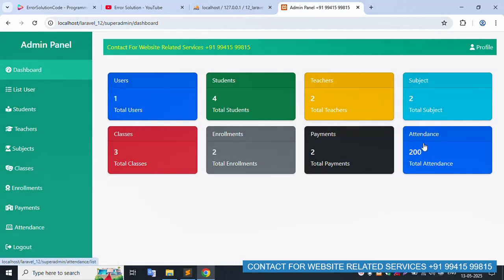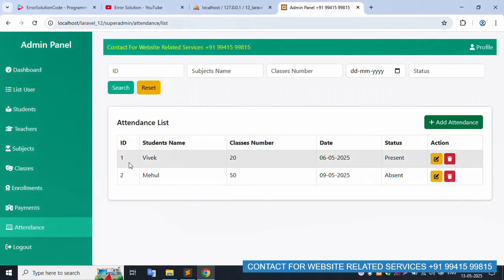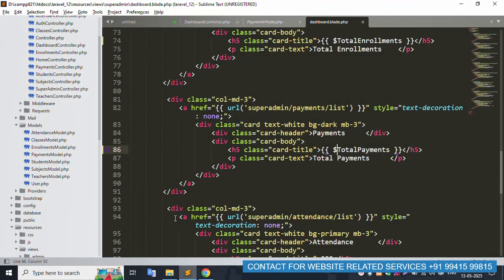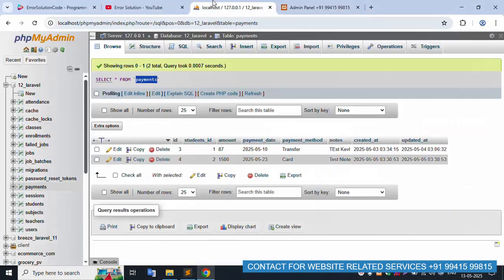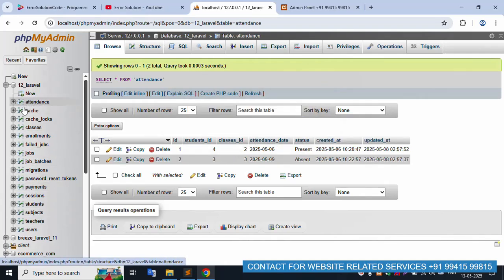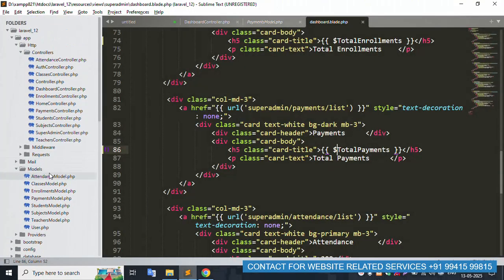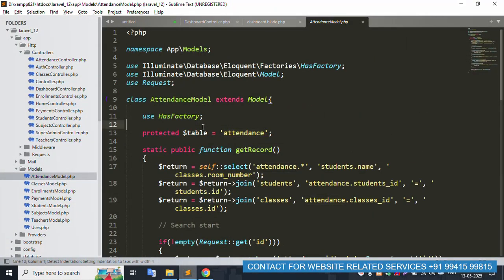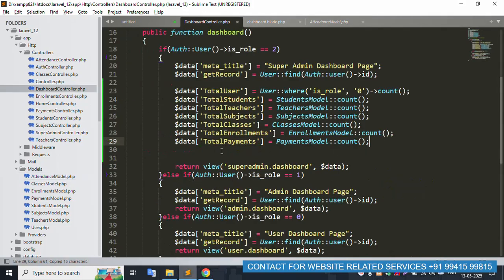Step by step, this is the last set. This is attendance. Attendance is available, 2. So this is 2 attendance. Same name, open attendance table. First table is attendance table. A means the first letter is A. 2 records are available. Attendance, this model, inside this include attendance table, same name, copy, and inside this